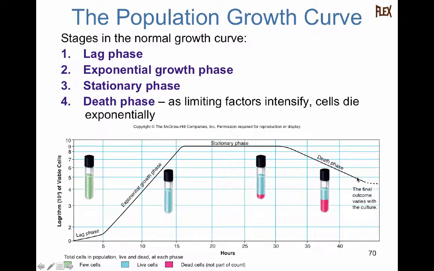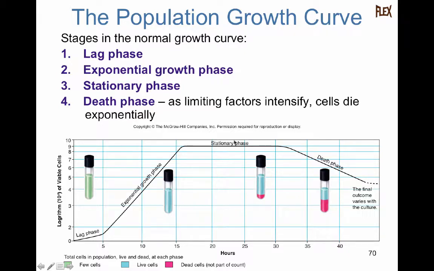So what's happening at each stage? Well, in the lag phase, the cells are getting ready for cell division. They're synthesizing all of the macromolecules that are needed for binary fission, DNA duplication. They also may be synthesizing secondary metabolites to make room for more space in their environment. So this would be antibiotics, for example. And then they enter the exponential growth phase, which is a log phase of growth. So they're dividing at an exponential rate.